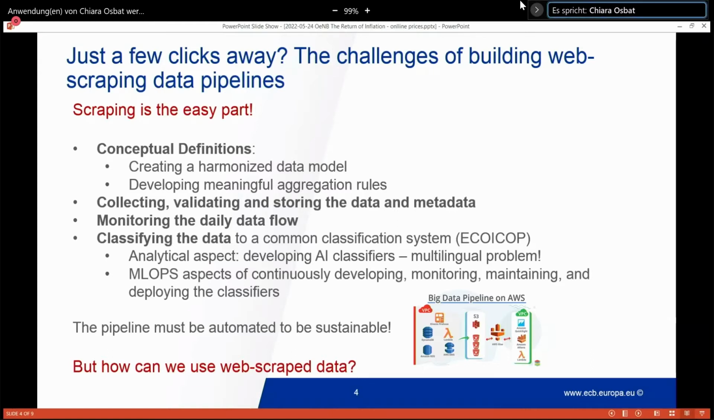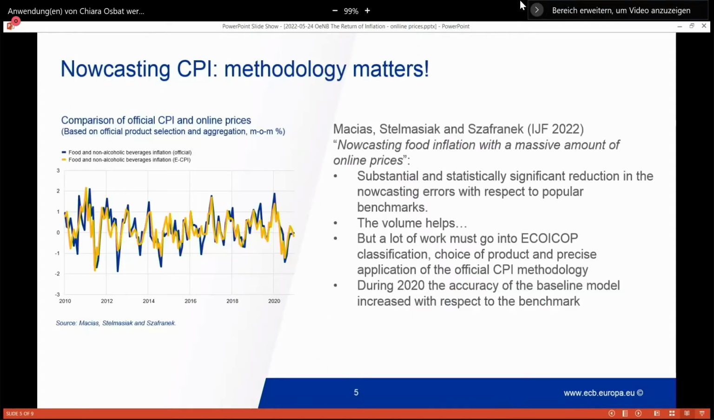So this is on how we get these web scrape data. Now, the next is how can one use them? So I'm going to start with the overview of a paper, a study by colleagues in the Prisma Network, who,